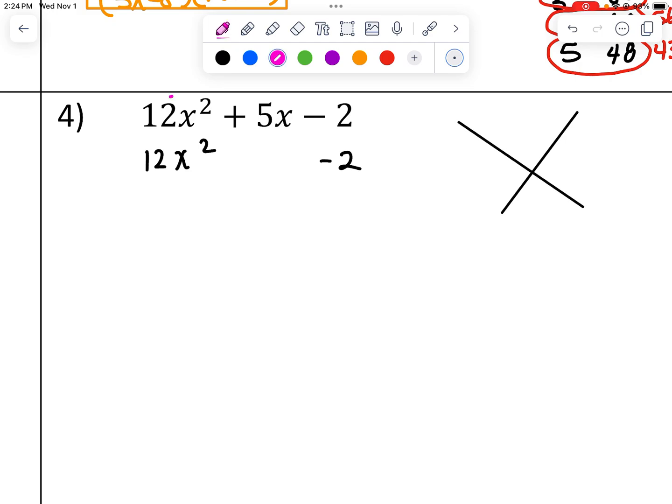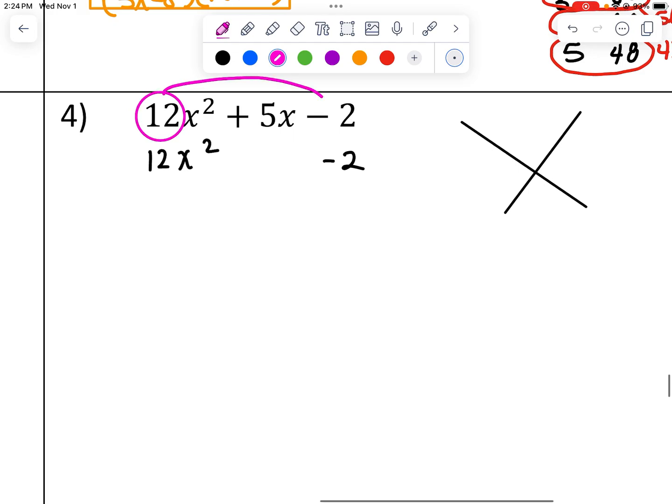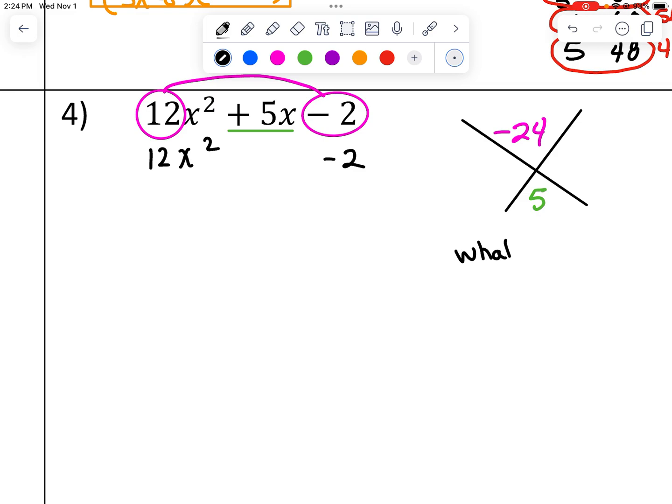We are going to say that 12 times negative 2 is negative 24. We are going to say the linear term, the term in the middle, is positive 5. We are asking ourselves, what are the factors of negative 24 that add